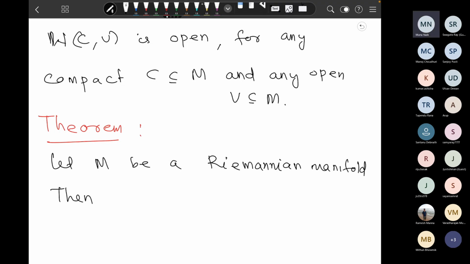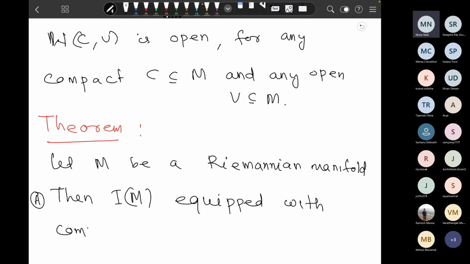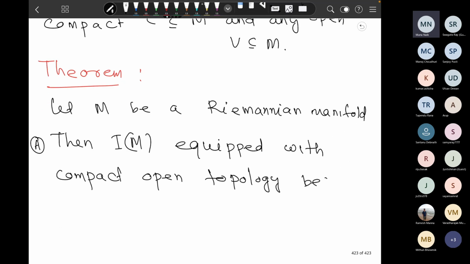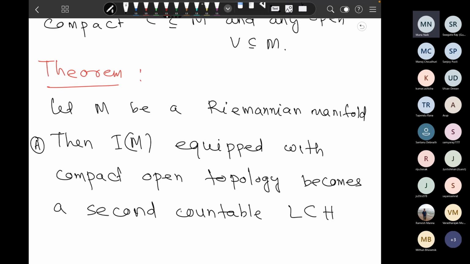Then I(M), equipped with this compact open topology, becomes a second countable, locally compact Hausdorff topological group,